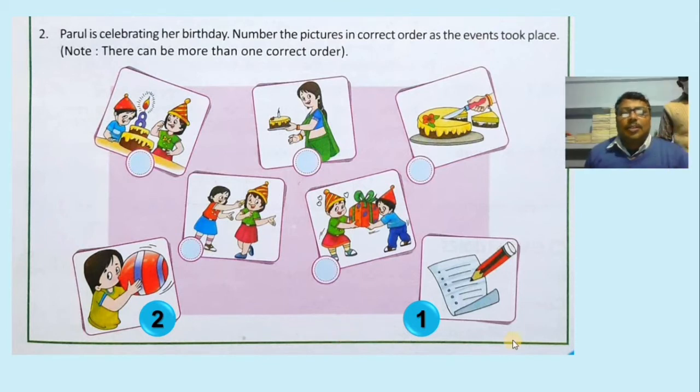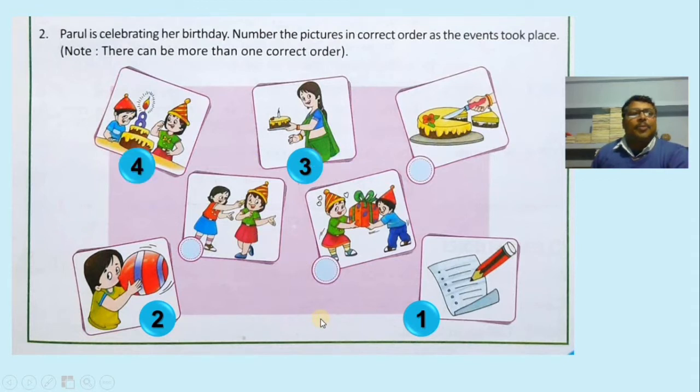The third step is that Parul's mother will create and bring the cake. After this, for the fourth step, we are going to celebrate and cut the cake. Fifth step, we will cut the cake, and sixth step, we will give a cake piece to my friend. Parul also will give, and after that we will get a gift from the friends. These are the steps we follow on one occasion, in a birthday party celebration.